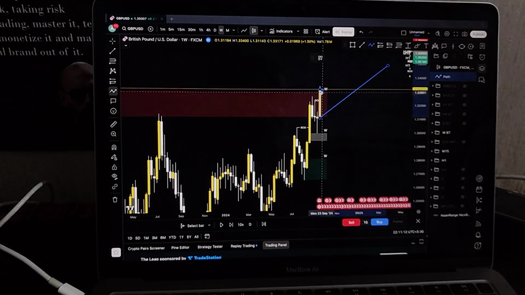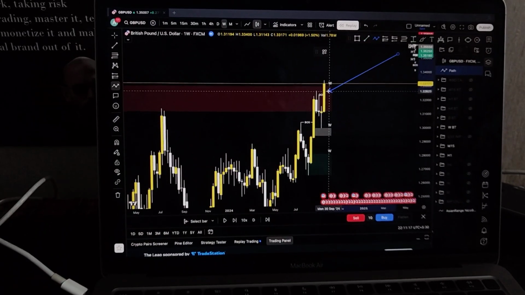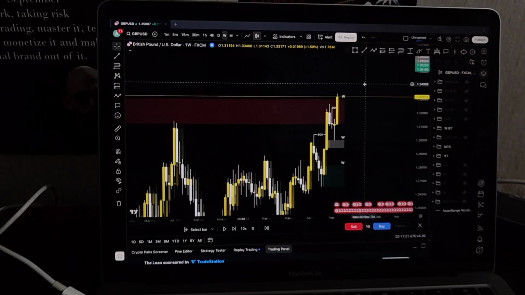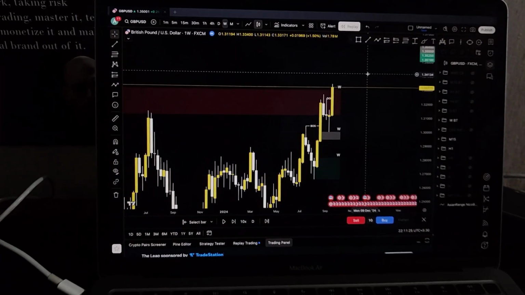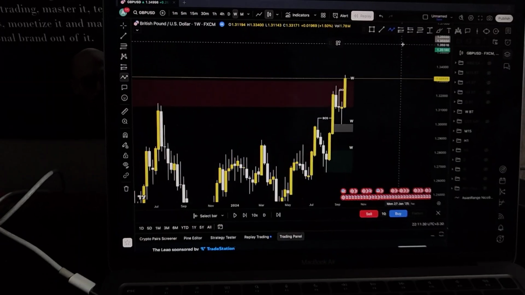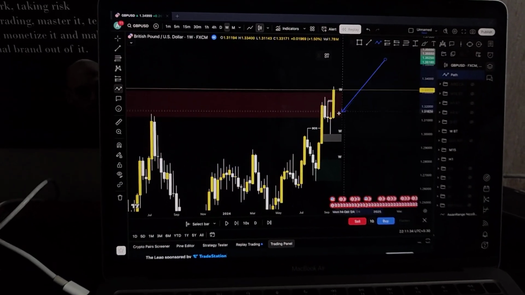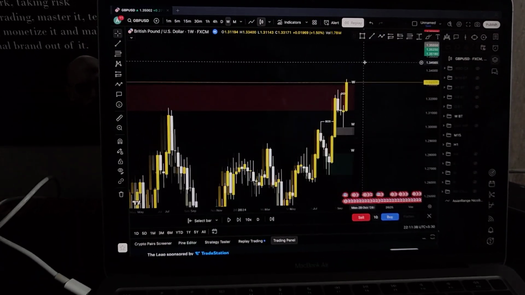Now going on to the next week, my bias is again clear, which is bullish. Obviously the weekly bias is clearly bullish, but we will adapt to the daily bias and trade according to that, because we are intraday traders. Our trades last some hours, bro. So obviously we don't care what's happening on the weekly. We care about what's happening on a day-to-day basis, right? So this is a bullish candle, so the bias for the next days is clear.